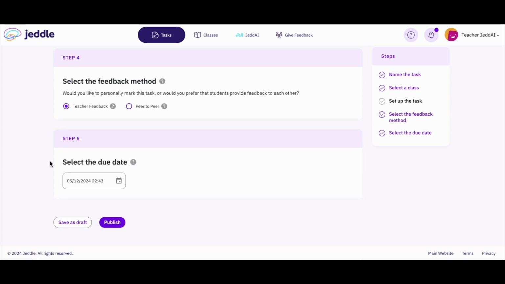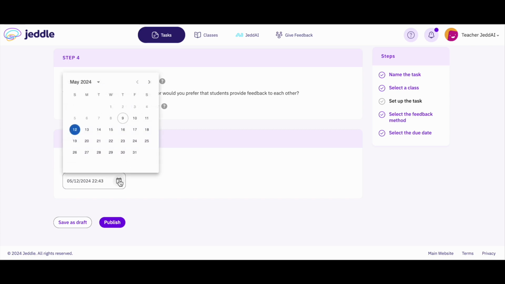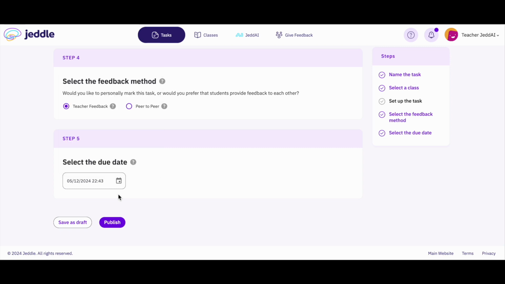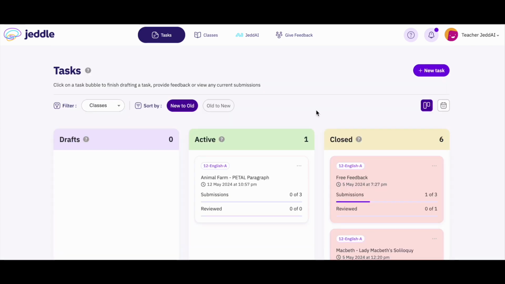The final step is to set a due date. Unless changed, this will default to 3 days from the time that the task is created. Once you are ready to publish the task, making it visible for your designated classes, simply click the Publish button at the bottom. Once you have assigned a task, you will see that task appear in your active tasks on